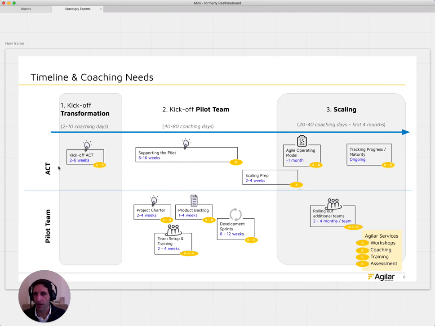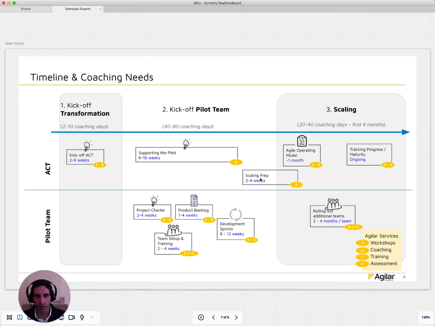And the work here for the ACT team will be supporting the pilot project. So most of the effort will be on this side here, right? It's doing that workflow we're talking about there: kicking off a team, the project charter, the team setup, setting up the backlog, doing the sprints, and then from here, learning. So supporting the pilot, learning from this, and already preparing: okay, how would we scale this?